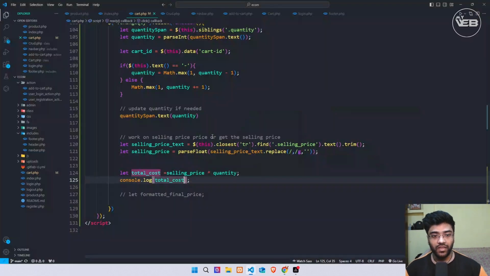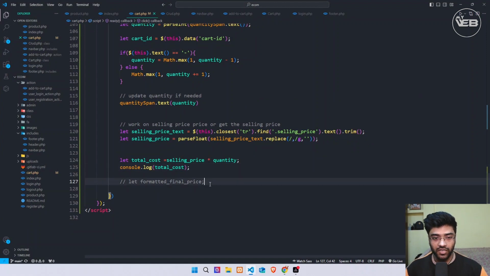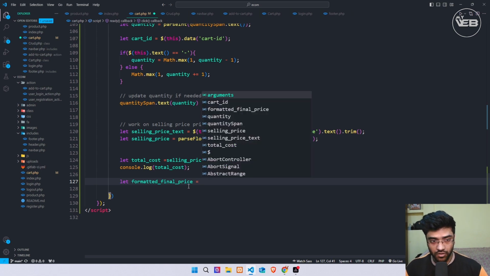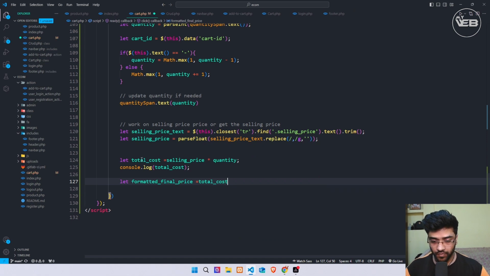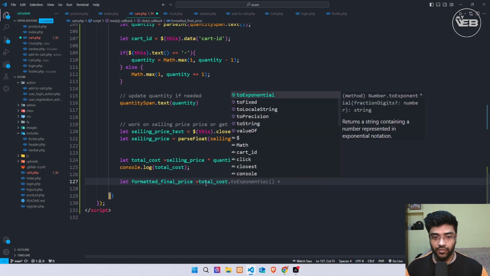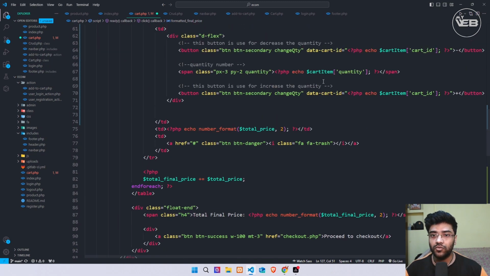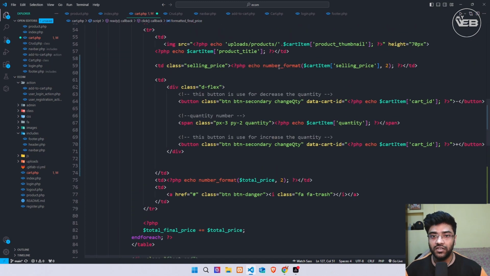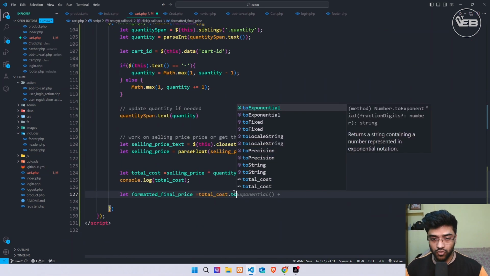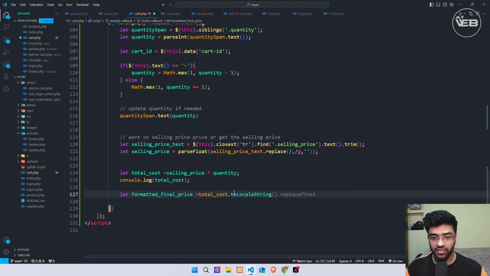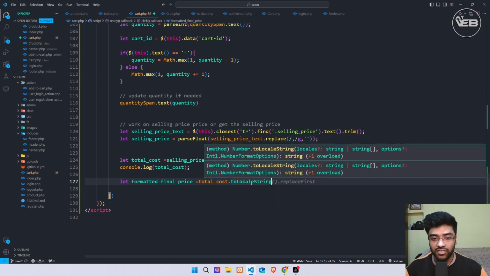Now again, enable this: let formatted final price equals a text variable which is my total_cost dot, I'm going to convert it into a good number format like this. As you can see, in PHP we have number_format, but in JavaScript we have a different method syntax. So I use toLocaleString. It's an inbuilt JavaScript function,